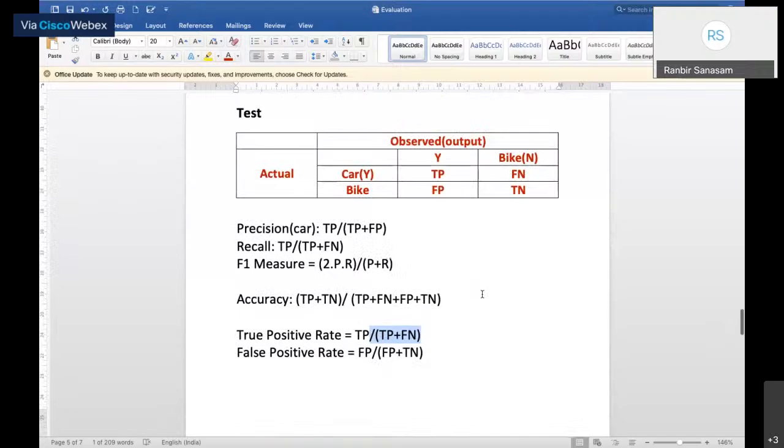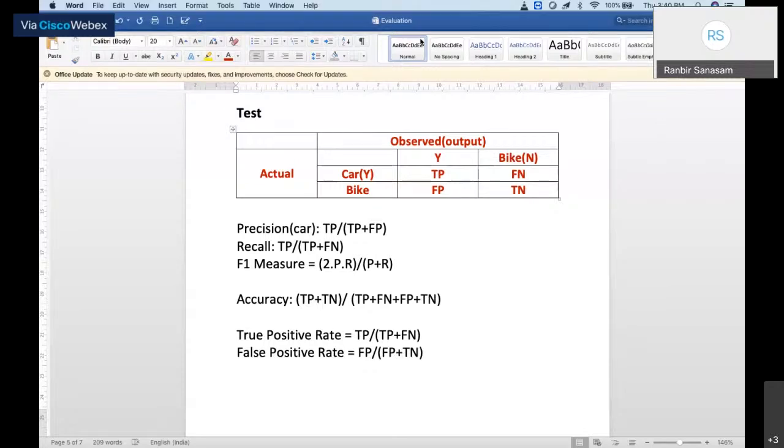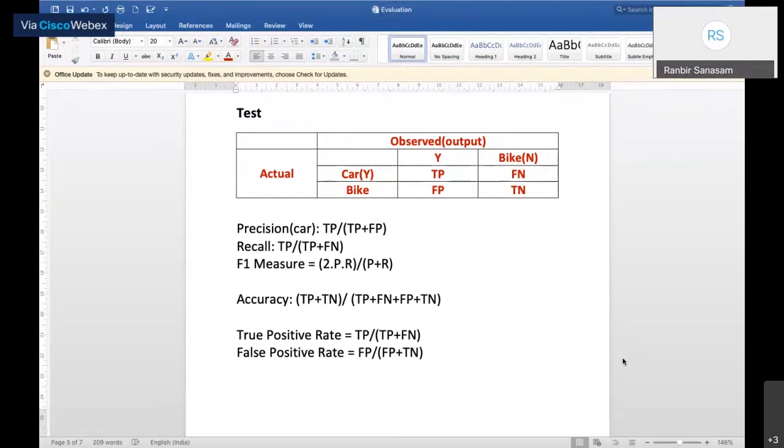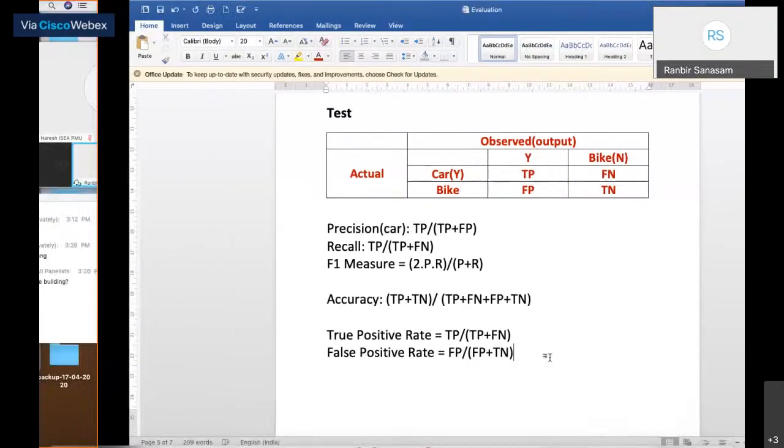Let us see how to build my classifier. Any question at this point before we start the lab session, programming? Do I have any questions? Okay, if we don't have any other questions,